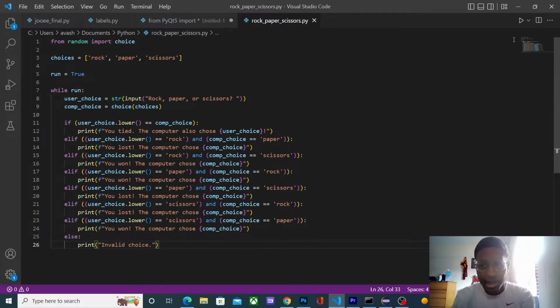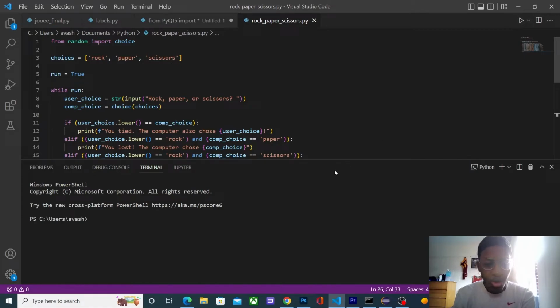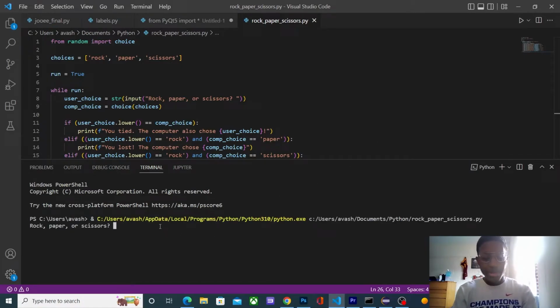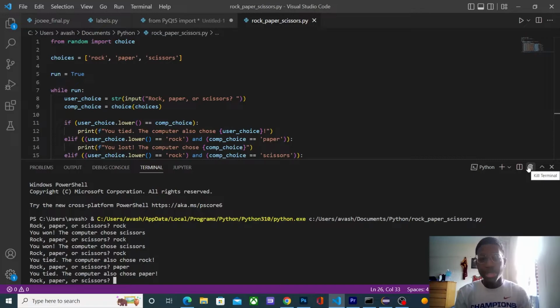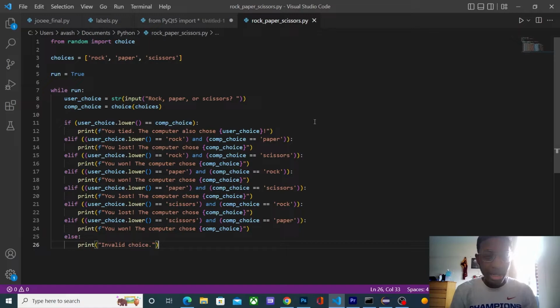Now, if we run this, it should work. So it's going to ask rock, paper, scissors. I'm going to choose rock. It's going to say you won. The computer chose scissors. I'm going to do rock again. The computer chose scissors. I won again. We tied. The computer also chose rock. So this seems to be working, except there's no way to end it. So this is actually going to run forever until we kill the terminal. But we want to have the user in control of the program. So in order to do that, as I just killed the terminal, we're going to